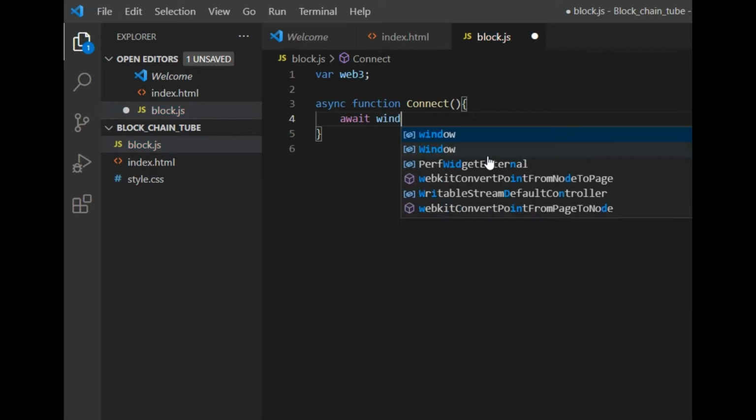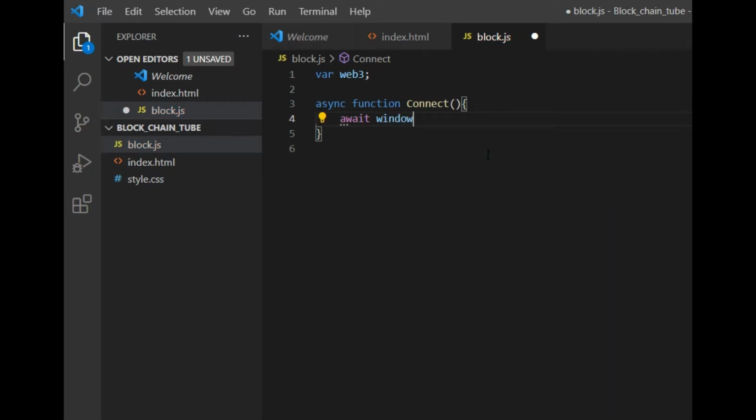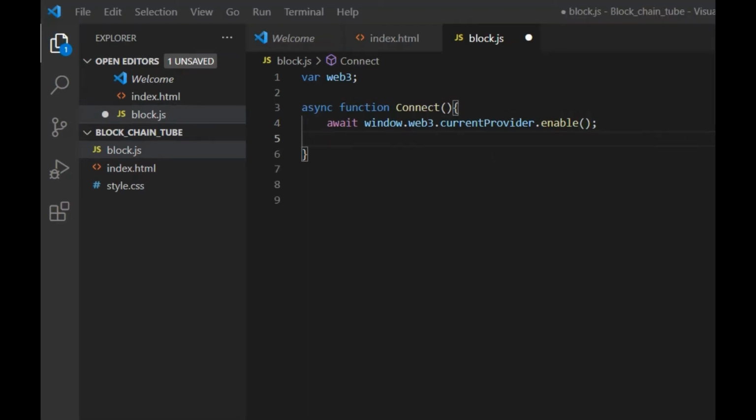Await is for asynchronous functions. So the code is await window.web3.currentProvider. In this case the current provider is MetaMask, and we have to put an extra thing, that is the enable function.